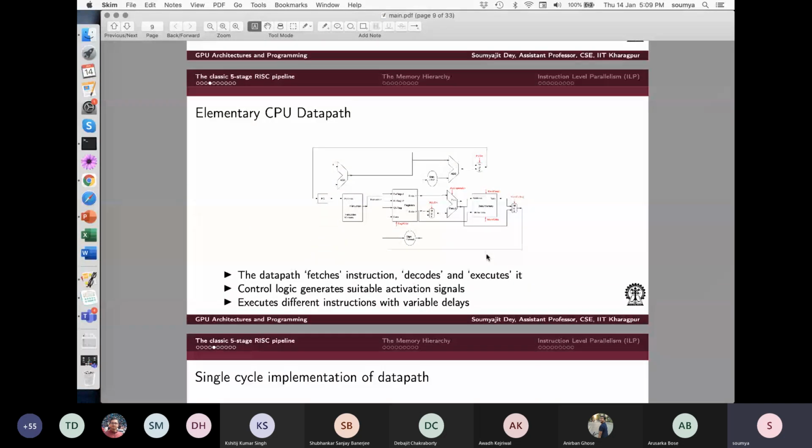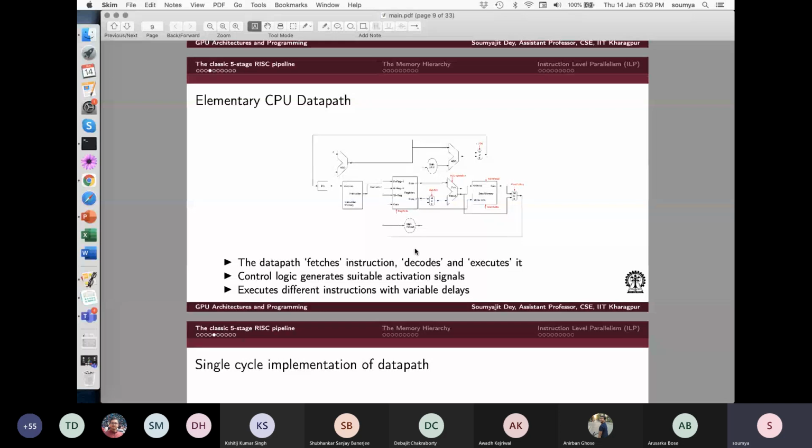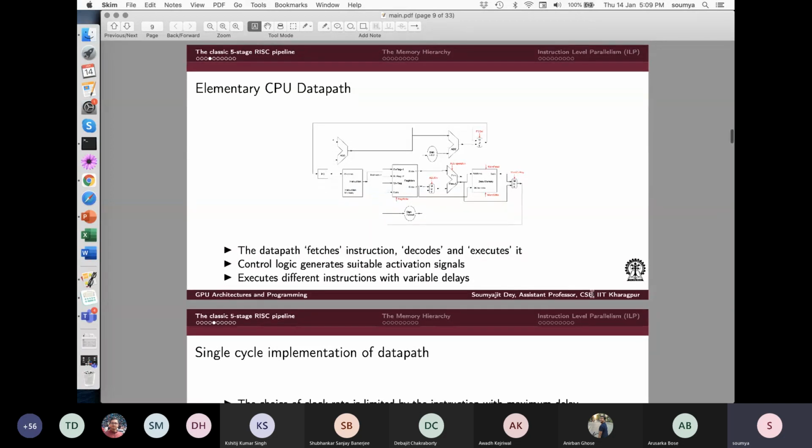And the next thing that came in was an example of a CPU data path. You can see through that what the different stages in the pipeline are and what the components are through which the data path gets activated. And we said that this is not a pipelined data path. If it's not a pipelined data path, that means for executing different functionalities you have variable delays here. Now, if you are trying to set a clock for this data path, you have to account for the maximum possible delay.